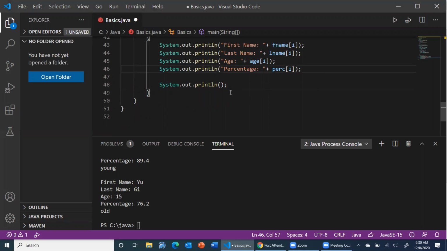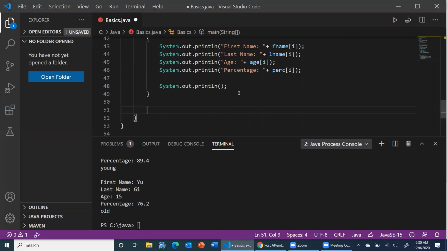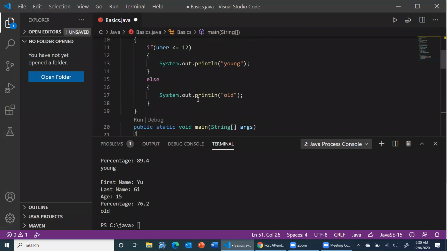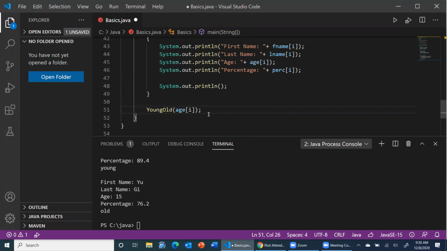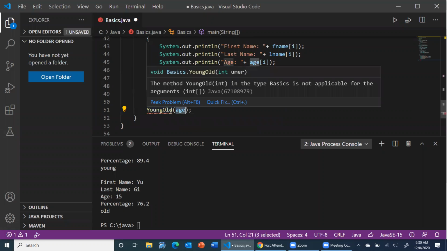और जब मैं इसको कॉल करूं, it should tell me all the ages of all the students. ठीक है, तो ये हमें करना पड़ेगा। इसका मतलब ये है कि since it should tell me all the ages of all the students, I need to pass the entire array. ठीक है, तो आपको पूरा एरे पास करना पड़ेगा। अब ये जो एज है, I have told you before, like if you write only the name of the array you pass the entire array, क्योंकि एरे जो है रेफरेंस पास होता है। ठीक,